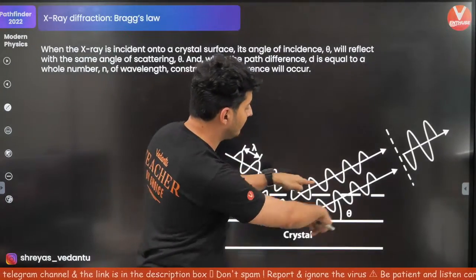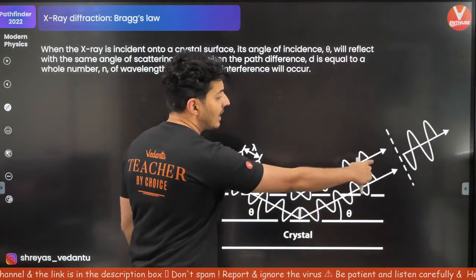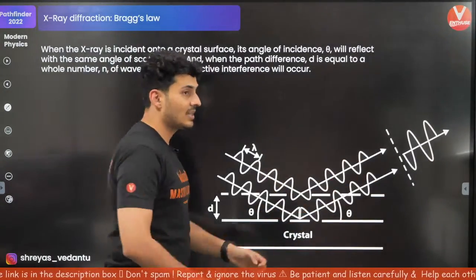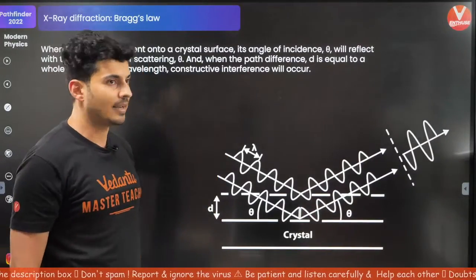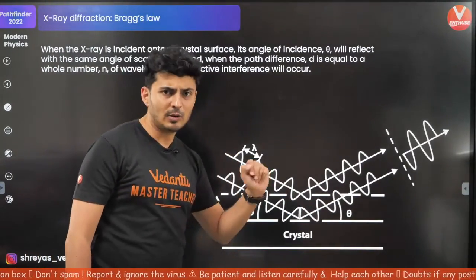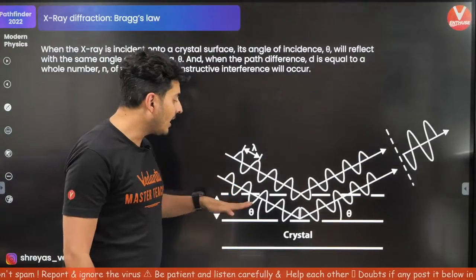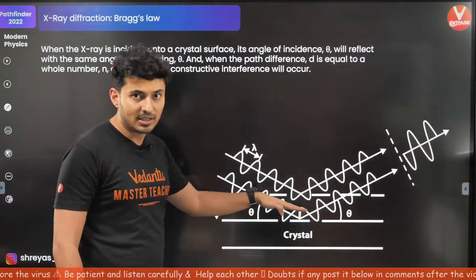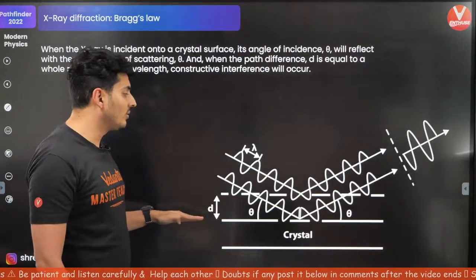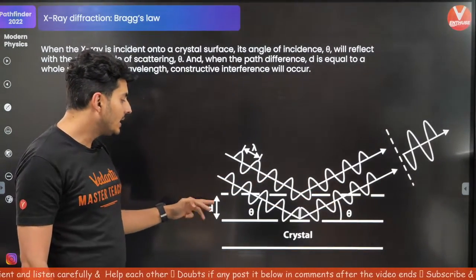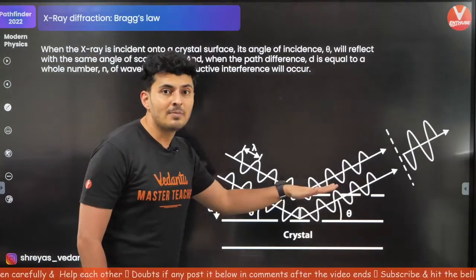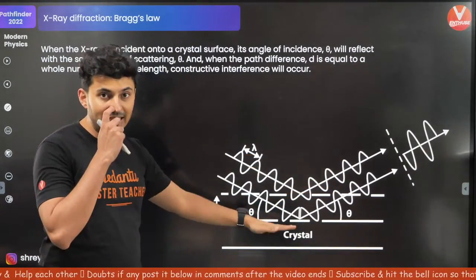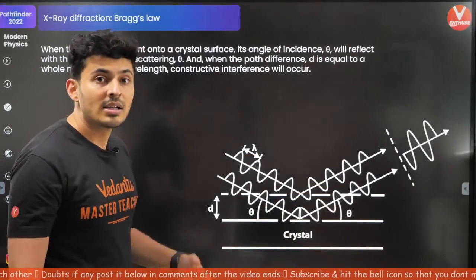Because they travel different distances, like the one here travels more, the one here travels less, there is a path difference which is created. Lambda is the wavelength of the X-rays, theta is the angle at which the X-rays fall on the surface of the solid, d is the distance from one plane to the other plane, so the interplanar distance between the crystals,